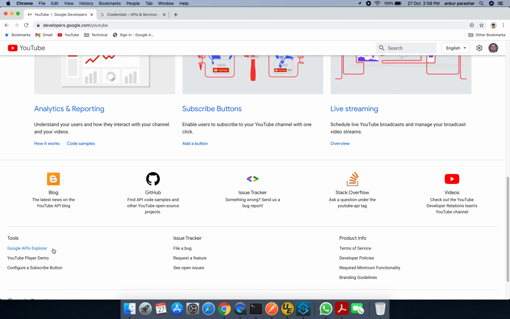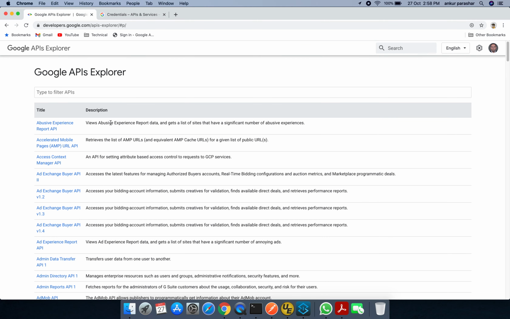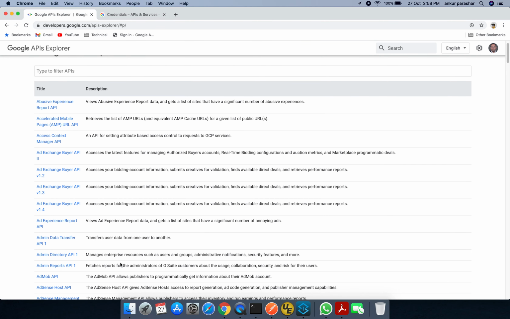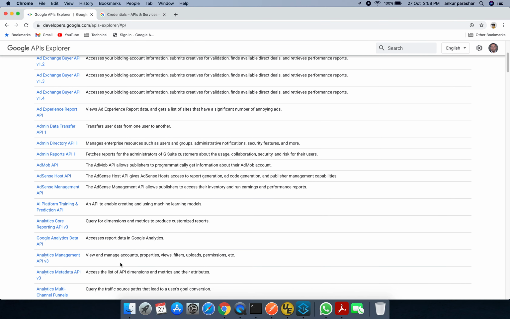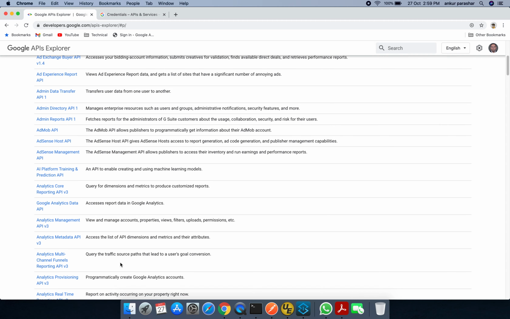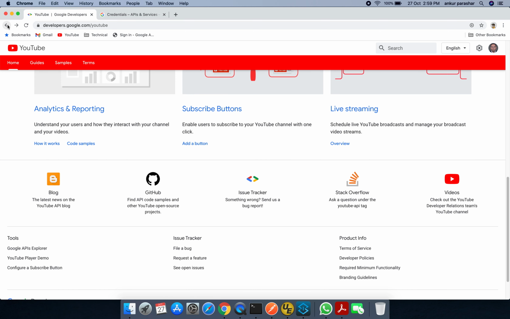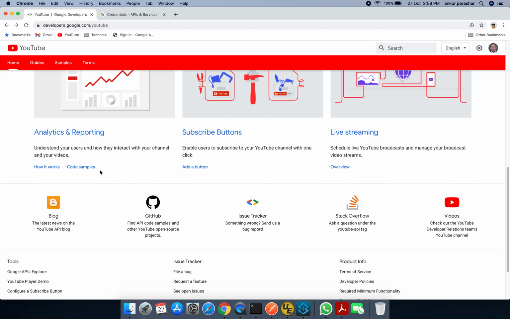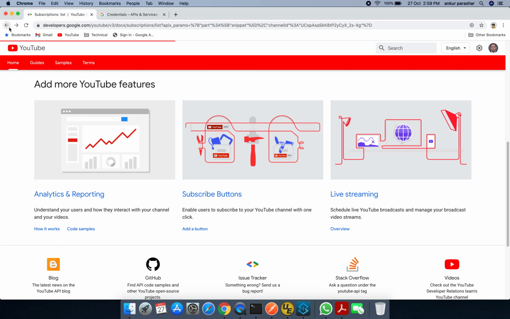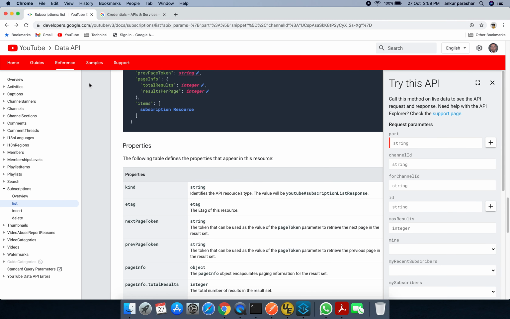You can go to this API Explorer, and it will give you all the different options if you want to configure. There is a huge list of API v3 version, and different APIs are available, ranging from BigQuery, analytics, YouTube live streaming, and whatnot. But to keep our discussion specific, I will be talking with respect to the data API only.